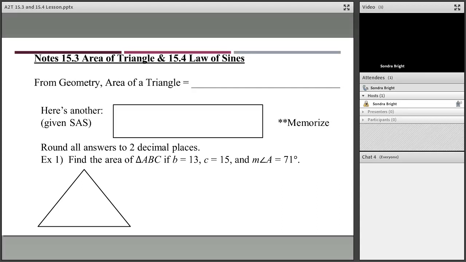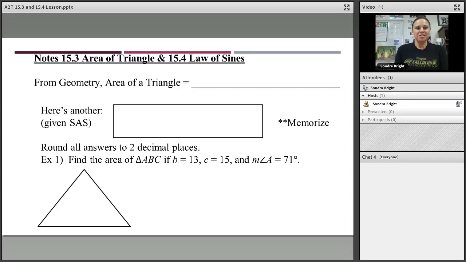All right, hi guys. Coming to you virtually. Today we're going to do section 15-3, the area of a triangle, and also 15-4, the